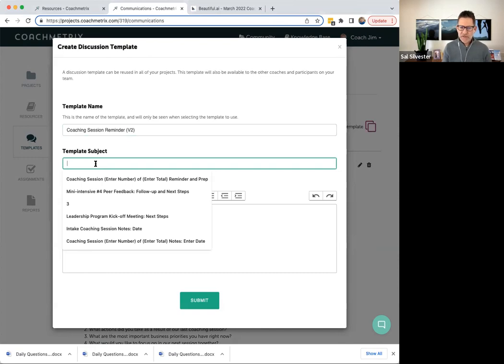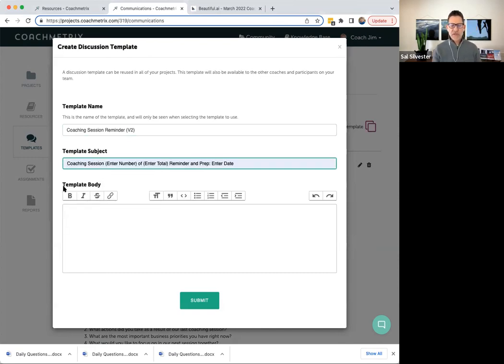Now, what I like to do is keep a consistent name and date. That way, when you or the client are looking through all of your discussions, you have this really beautiful history of your coaching engagement. I'll show you that in a minute. I'll put a template in here and say, enter the number of, and then enter the total coaching sessions.